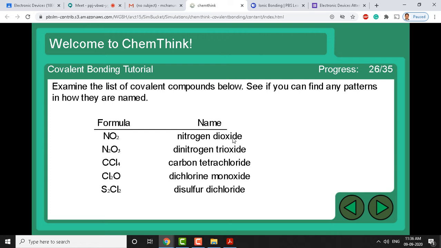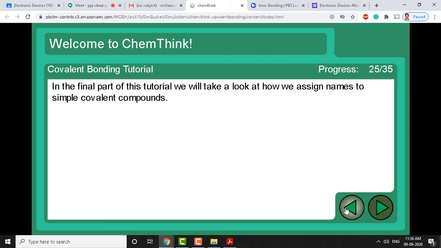This is relevant to other things, and I would like to stop the applet part at this point. Before I stop, if you have any questions related to covalent bond formation, I can take them up, and otherwise we'll move to our regular material of the syllabus. Do you have any questions, students? Are you able to understand the simulation part, the applet which was shown, which illustrates both ionic and covalent bonding?